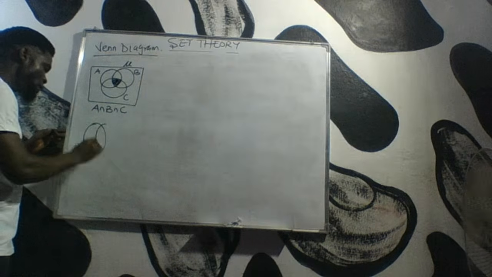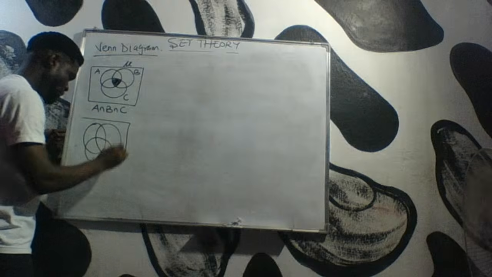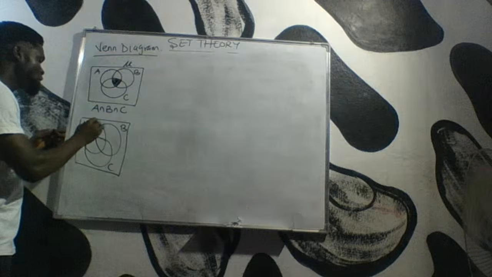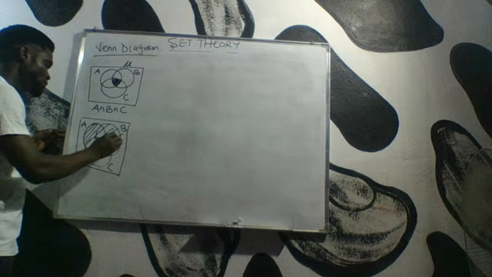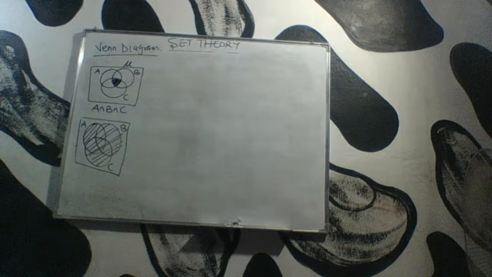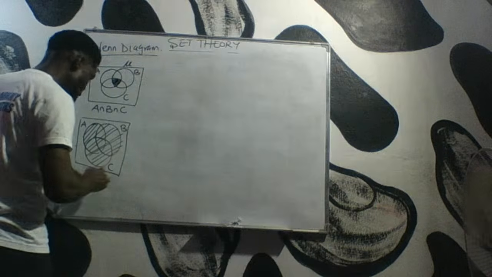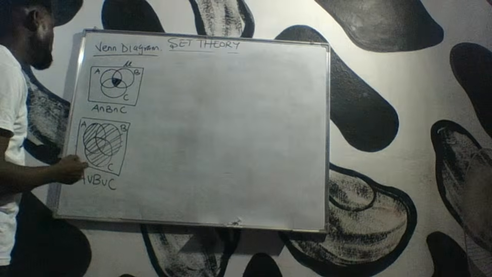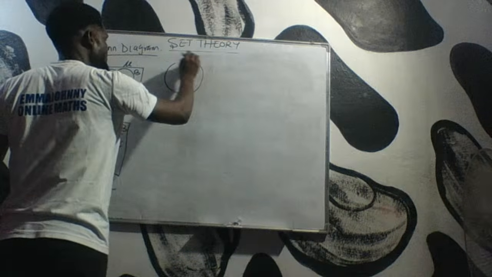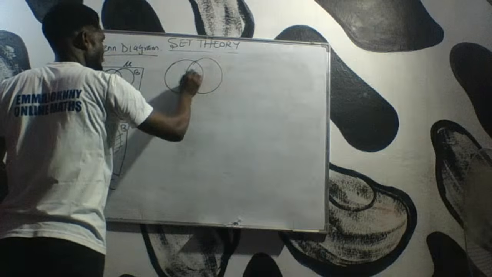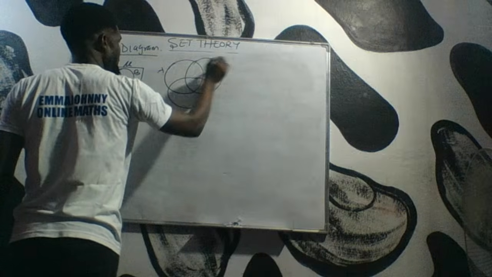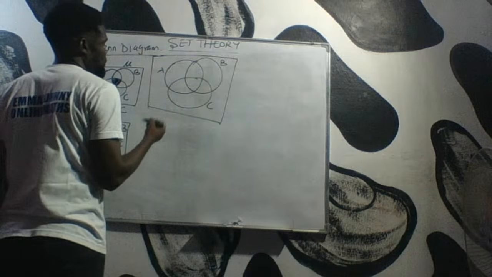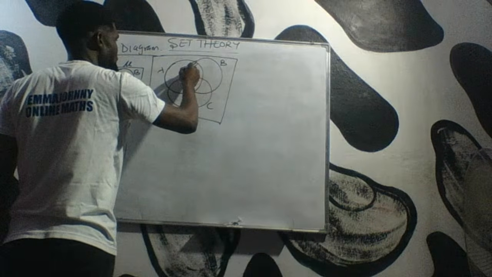But if I have sets A, B, and C to be like this, and I shade this, automatically you will agree with me that this is going to be A union B union C, which is very simple. Now, if I have A, B, and C to be like this, and I now shade this place,